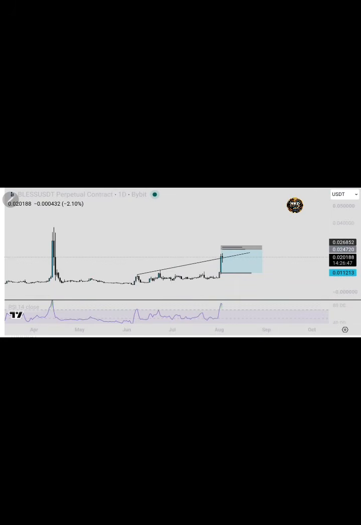Quick analysis on the pair BLESSUSDT. So this is the pair BLESSUSDT as you can see on screen here. Following up with this now, we can see that on the 1-day time frame, we are currently on the overbought